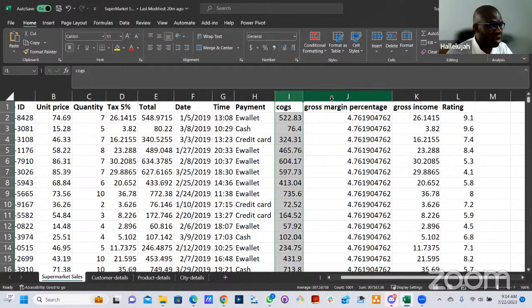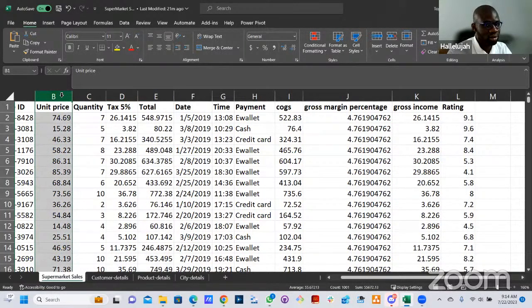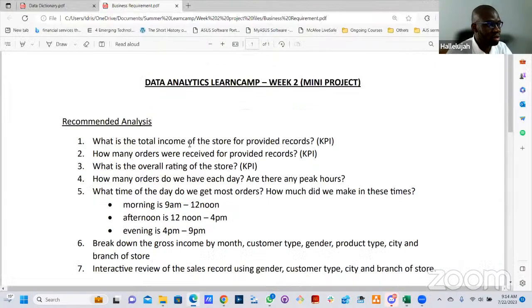You won't need this one, or this one. These are the only two you will need. Are you getting me? You won't need this one also, or this one, or this one. You won't need this one for this analysis. Do you get the point? So this is the only one you will need, because I'm interested in the income, and this is the gross